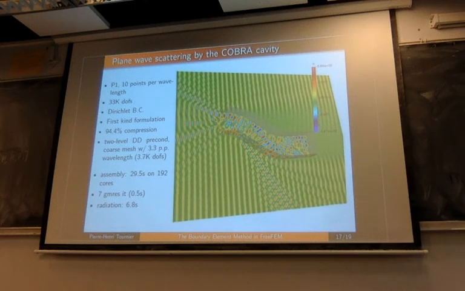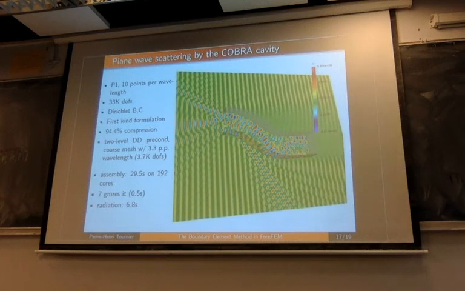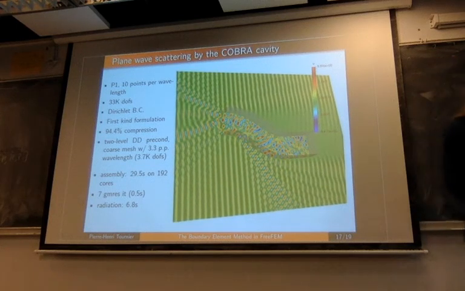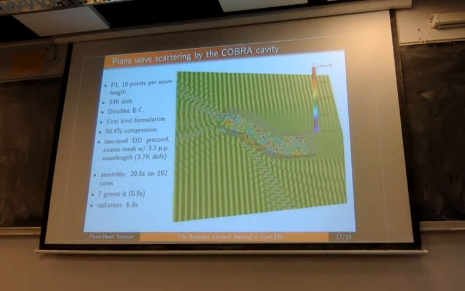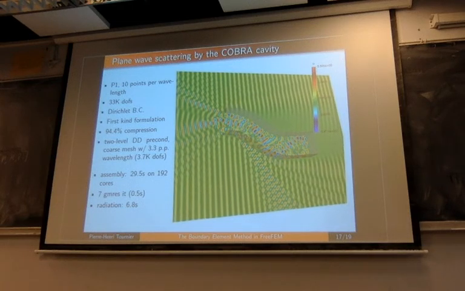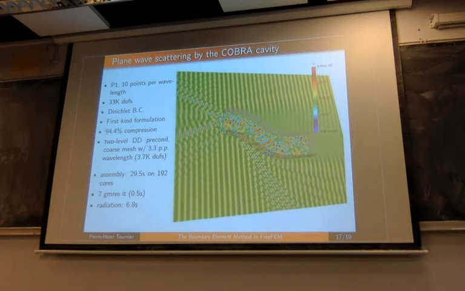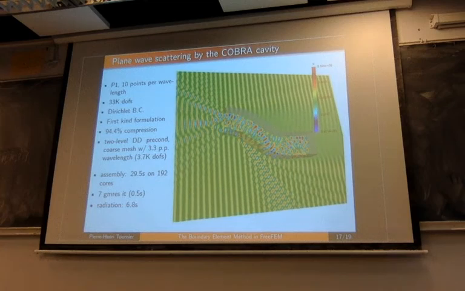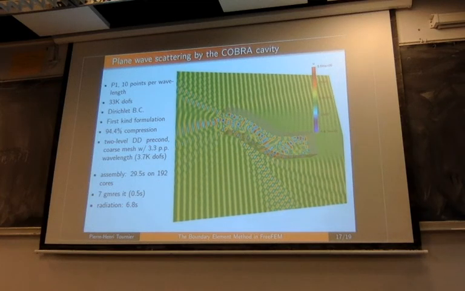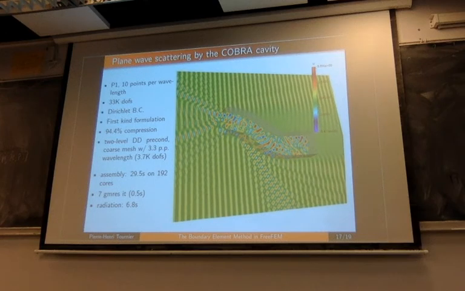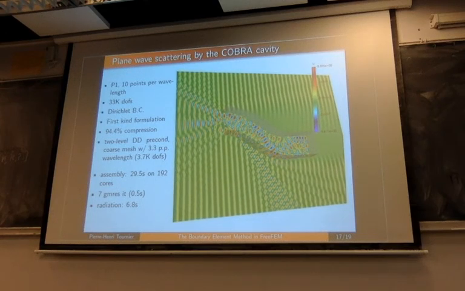Okay, and so this is the level of compression of the H matrix. And basically, as I just said, this is very ill conditioned, especially at high frequency. So you need to do a little more clever things if you want to converge in your GMRES for solving the linear system. So here, this is still work in progress, but we are already able to do some advanced domain decomposition preconditioning for this kind of problem.